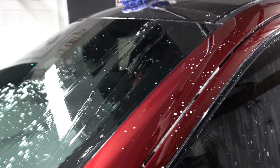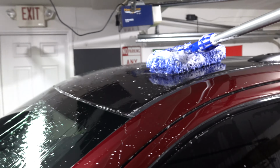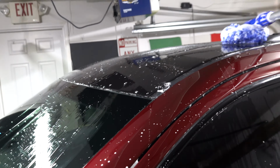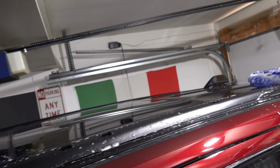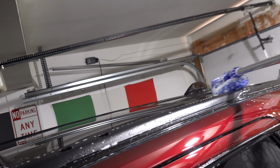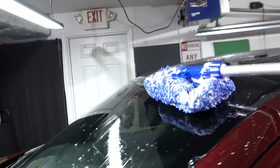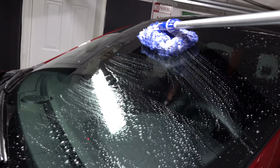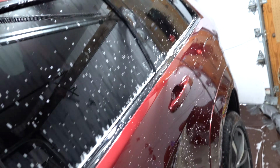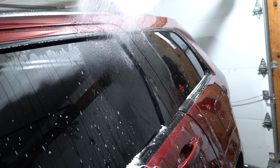So what I do is, when it's time for this piece, I come in, usually a lot more graceful because I'll have 2 hands to do this, but I'm able to come in and clean my roof with this. It's actually pretty awesome. Then I come down, clean the window, and like I said, it's difficult to do with 1 hand. So now that I did that, I can actually rinse the car off